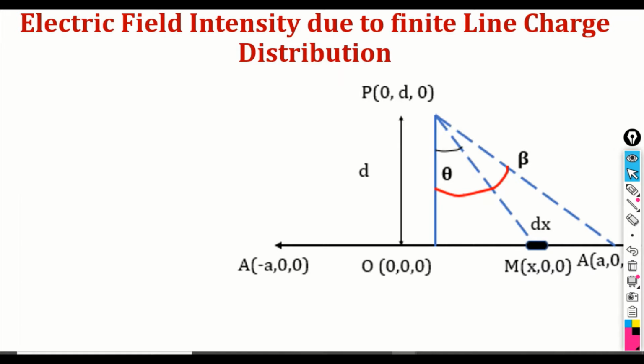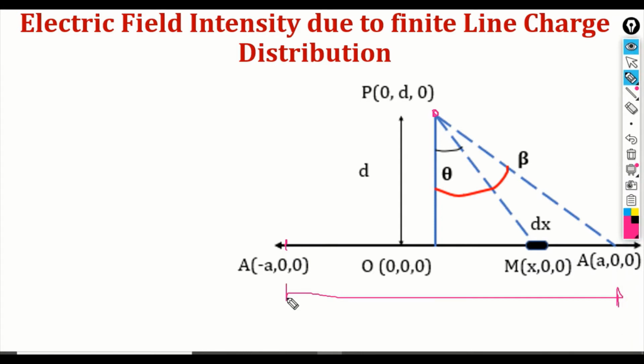Let us consider the line charge distribution in our case is lying in the horizontal plane. So this is my line charge distribution which is lying in the horizontal plane. So I have point P which is located at a distance d from my line charge distribution. Now the coordinates of the total line charge, if I divide it into two sections, you are observing it is having from (-a, 0, 0) to (a, 0, 0). So these are the line end points of the line charge distribution.